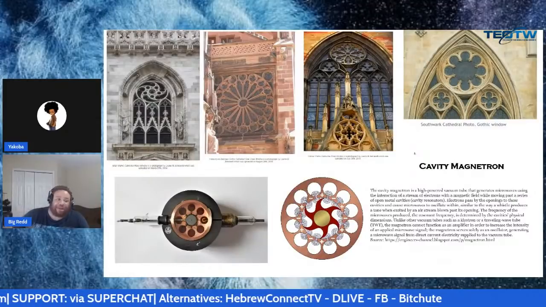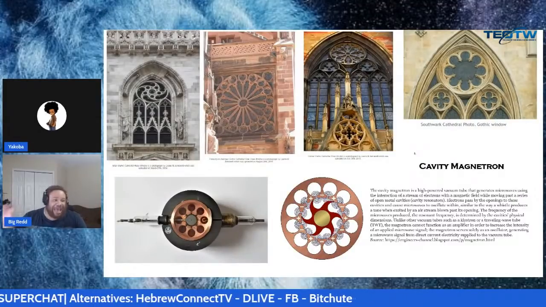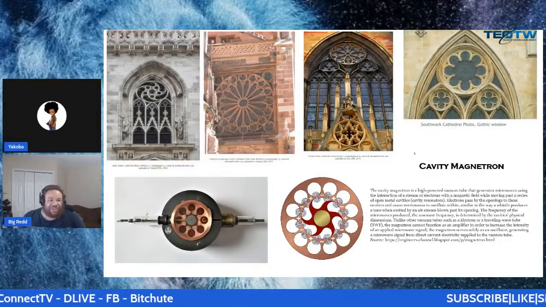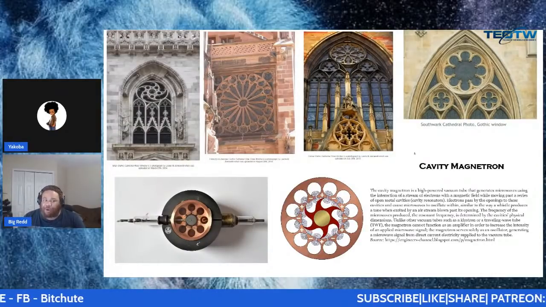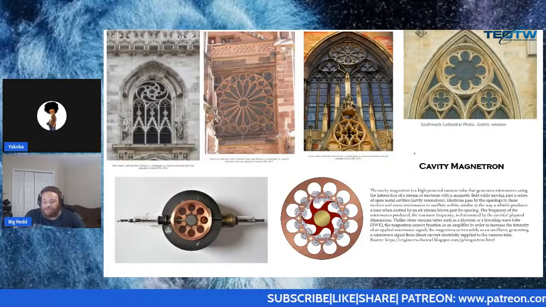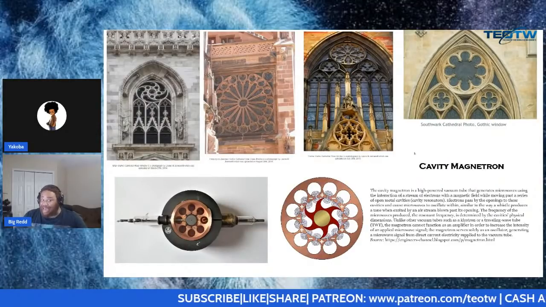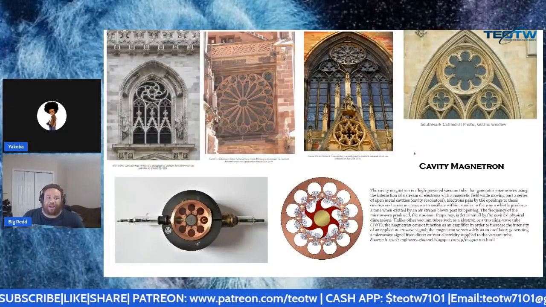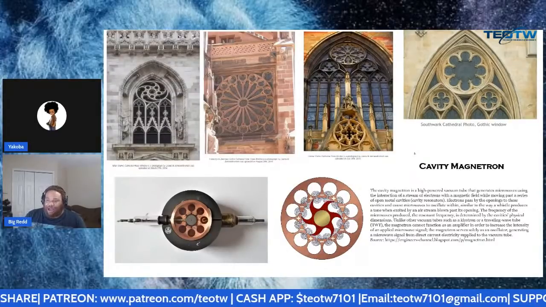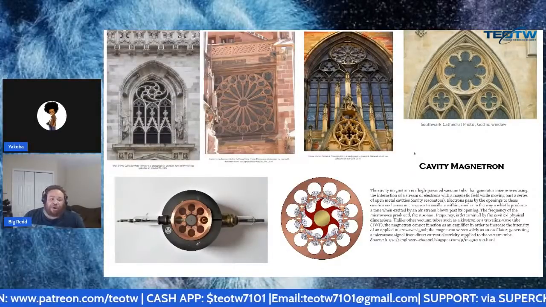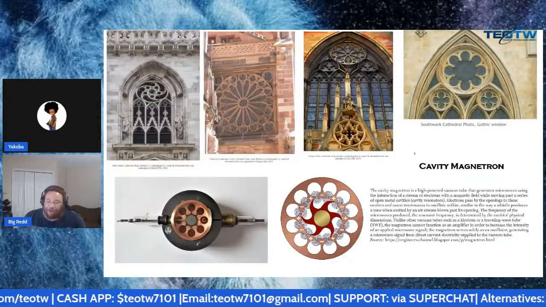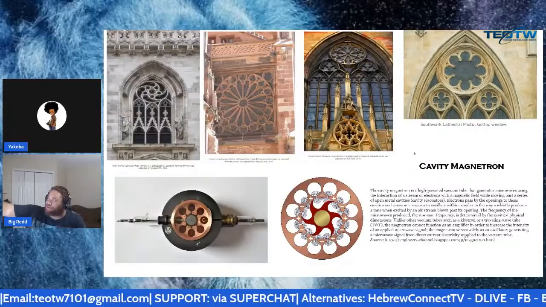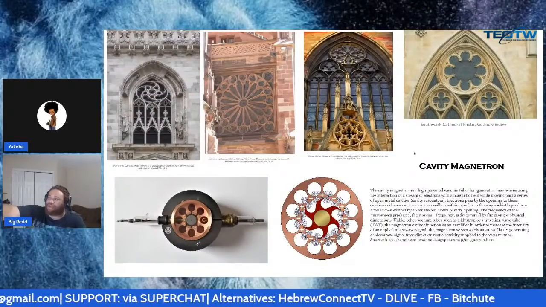This is what's called a cavity magnetron. We literally have one in every one of our microwaves. But this thing, I feel like we're not even using a fraction of the power of this thing than what it does. They first had access to it around World War II. They used it for radar and stuff like that. And then after the war, they started using it for more home applications, and that's what it ended up in our microwave. But when you look at the designs on these mirrors and stuff, on these windows that they filled in,